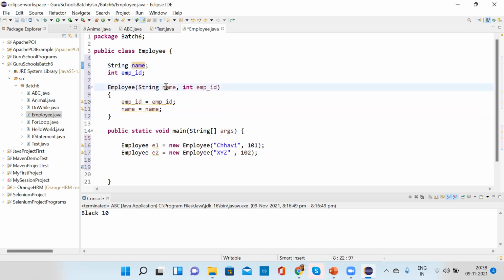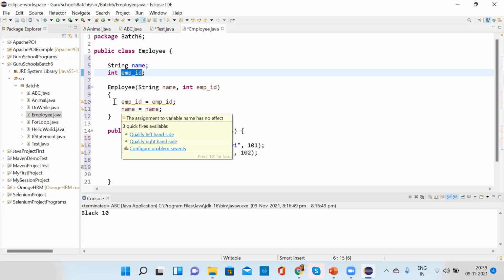When I select the local variable, it highlights both names, but I don't want that. I want this name to be here and this employee ID to be here. If I select this employee ID, it is not showing me which employee ID is being focused on inside this method. It is a confusion for the compiler.